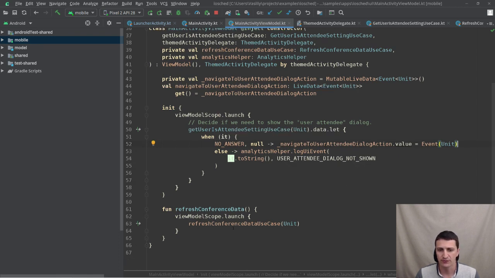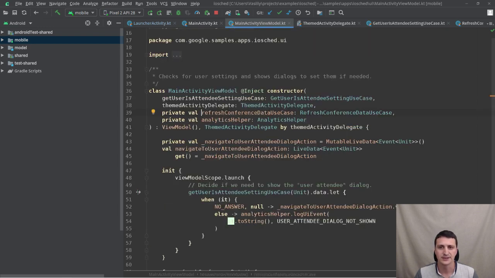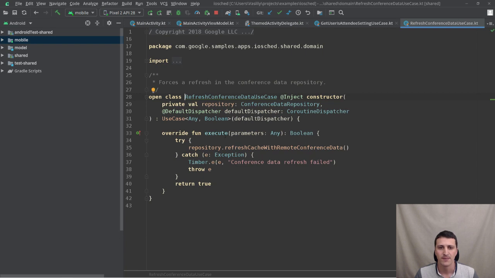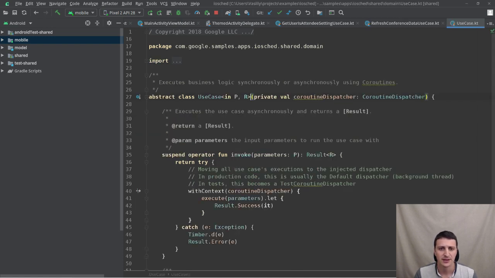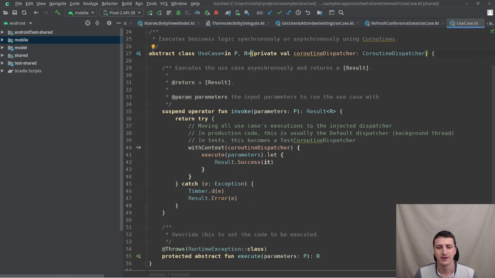And here, refresh conference data use case. Sorry, it does something. It delegates to this refresh conference data use case, and it launches a coroutine for that. Yeah, this use case also extends this use case. So you can't even understand what's going on here. But I guess this base class has a suspending function, right? Has a suspend operator fun invoke, and this suspending function